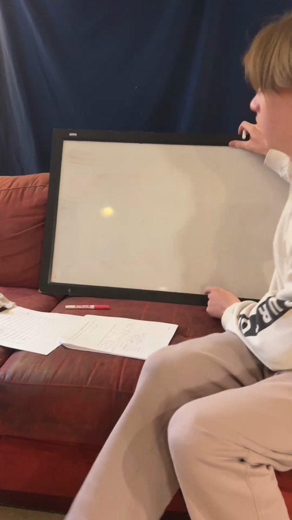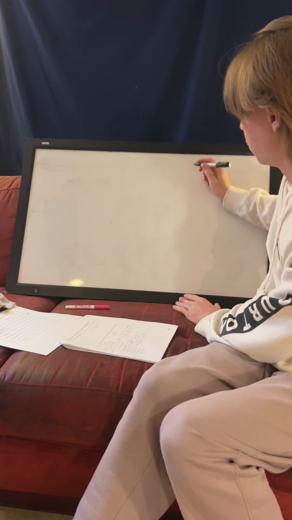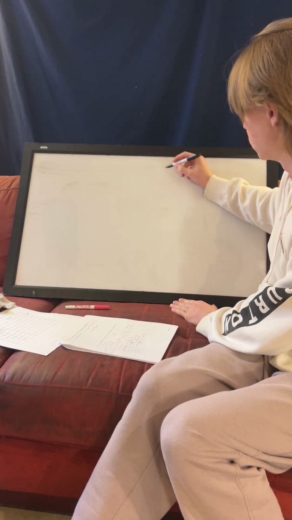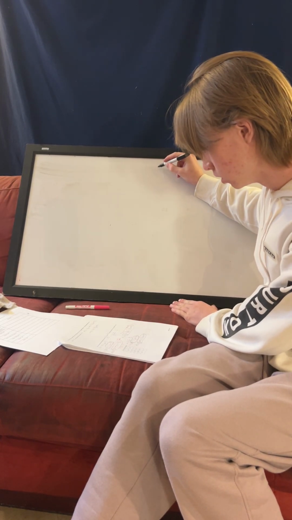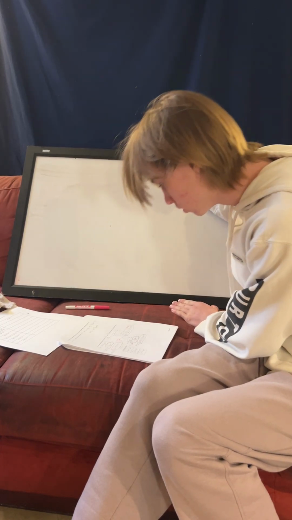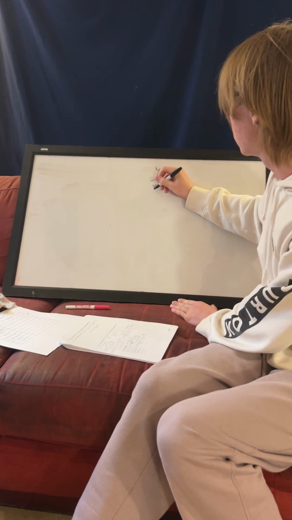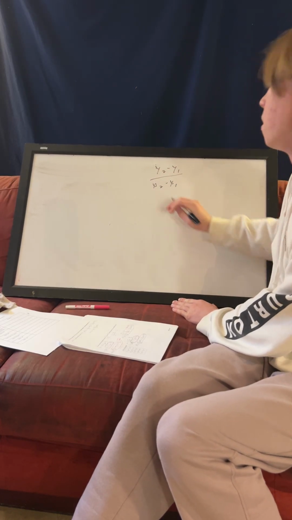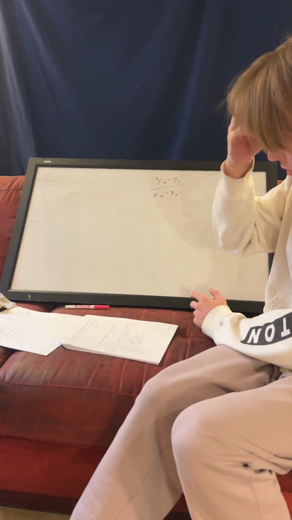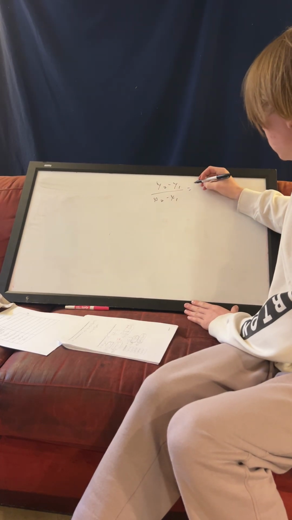So the first thing we can do is, I don't remember what the formula is called, but it is how to find the slope. It's probably just the slope formula. So it is y2 minus y1 over x2 minus x1. Which is y2 and y1, and x2 and x1 doesn't matter. You can switch them as long as they're both the same. This is 1 point and this is 1 point. Equals